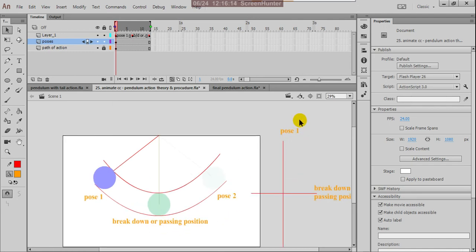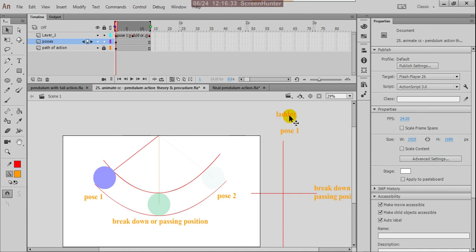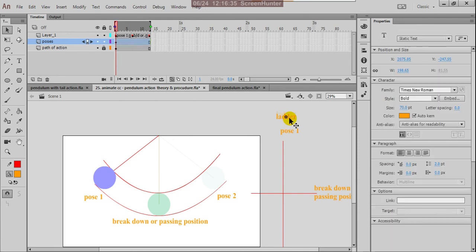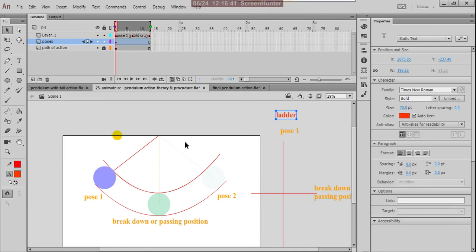Suppose this is a ladder, this is ladder. I'm changing the text. This is ladder. So I'll change this color because it is not highlighting.